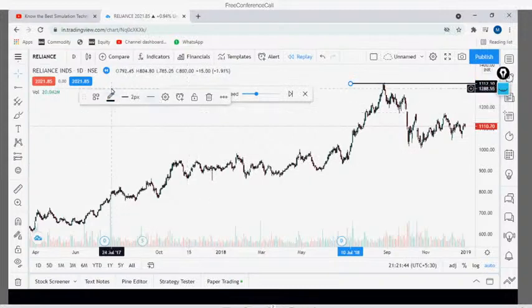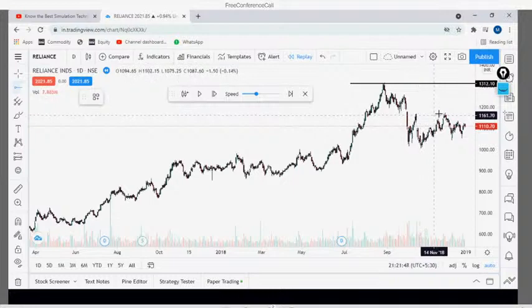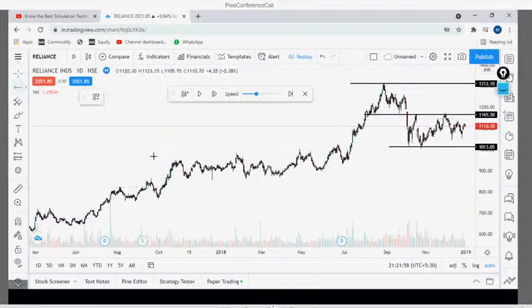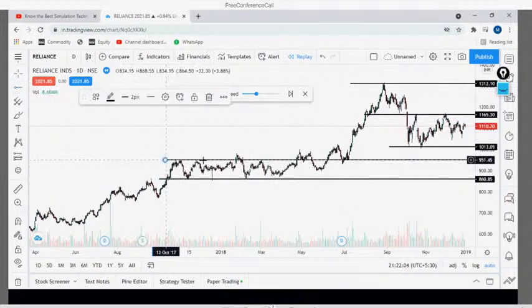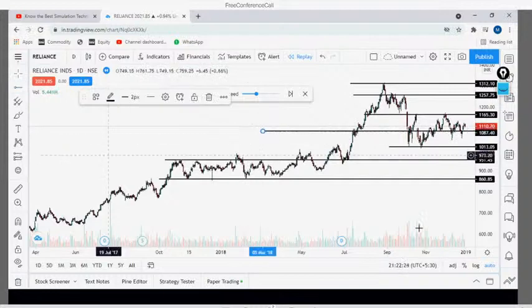These are all intermediate supports, we'll not worry about that, we'll mark only main support. This is one main support area. This is one support area, because this resistance here acted as a support. Roughly we will mark. This is an intermediate level, I can mark like this also. If you want, we'll mark that also, we'll see. I just marked basic levels. And this is one of the support areas, I will mark this one also, something like this. Now we'll see how these levels are actually helping us.